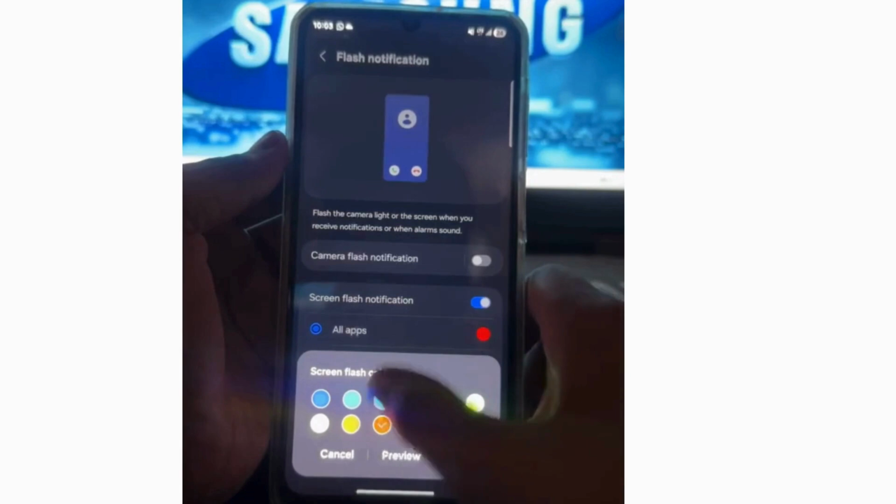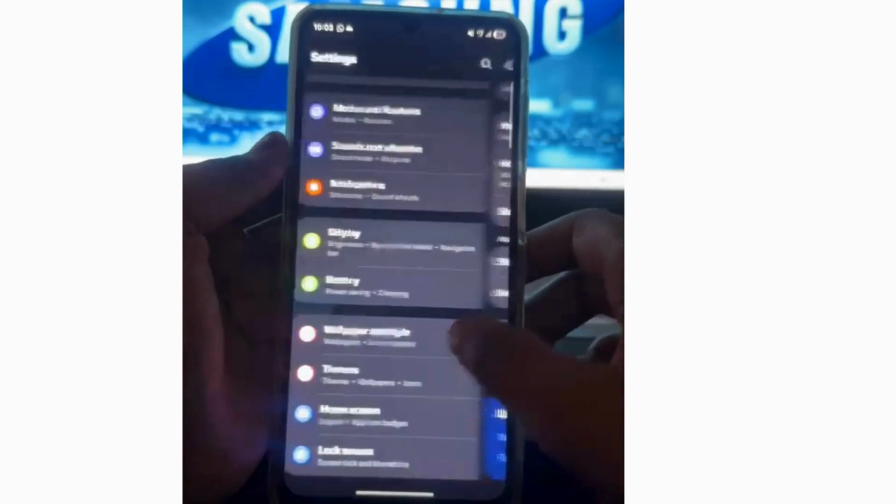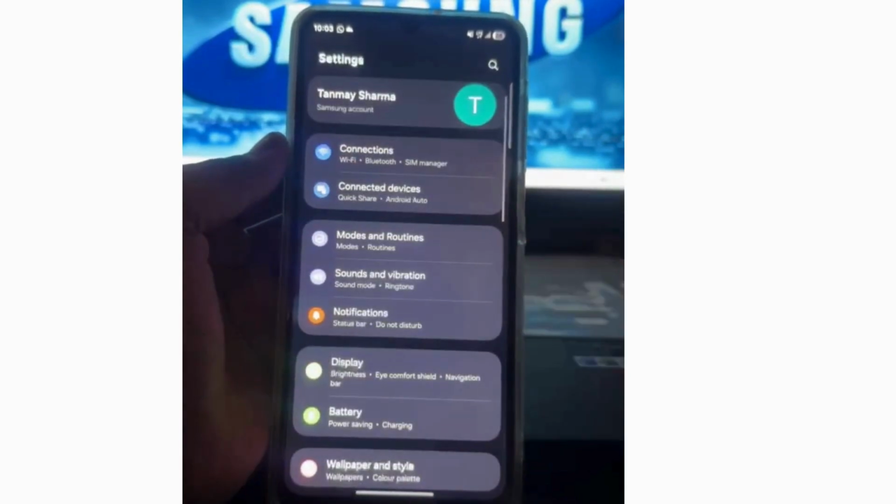So it's a very important feature available for all Samsung Galaxy Android phones, Samsung Galaxy S24,